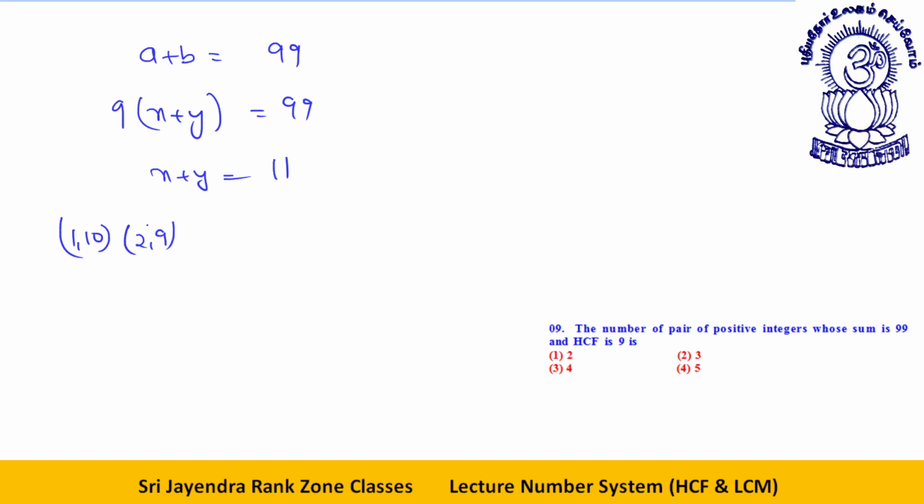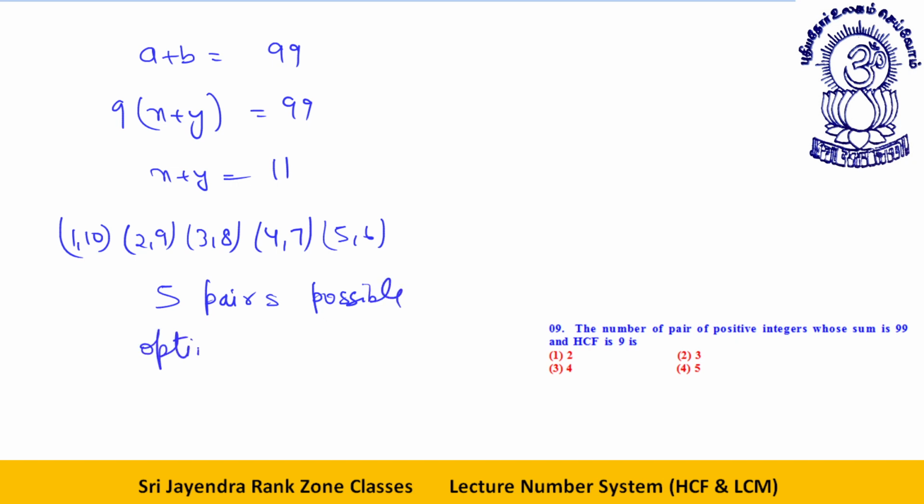See, when two evens are there, you can cancel. But if they are even and odd, it's difficult now. 3, 8, 4, 7. See, all are appearing to be co-prime. 5, 6, all are co-prime. They have nothing in common. Then you will get the same pairs repeated. So you have 5 pairs. Option number 4 is your answer. Okay, dear students, you can just copy it down.